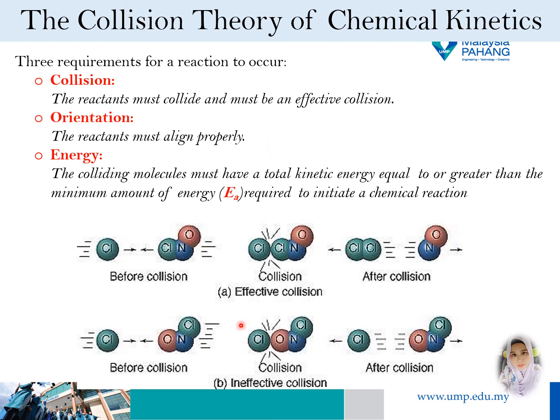Okay, you can see here an effective collision and an ineffective collision. For the effective collision, there is a reaction between the Cl and Cl after the collision process, while for the ineffective collision, there is no reaction between the Cl and